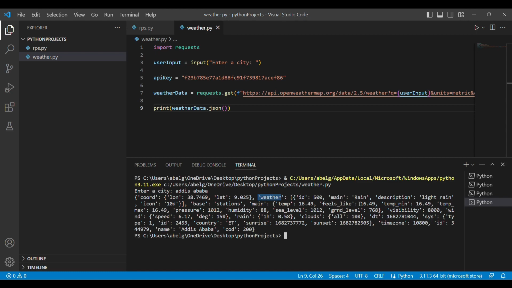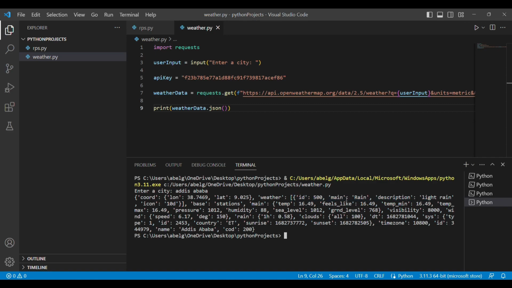So in our program, what we want to display is the temperature and the actual weather. In order to get that, the weather is going to be right here, which is rain. To access that, we need to first access weather, and inside weather, we need to access the first element of the array, which is going to be this object here, this dictionary here. Then in that dictionary, we can get the main key, and using the main key, we can get the weather. So that's the first thing we want.